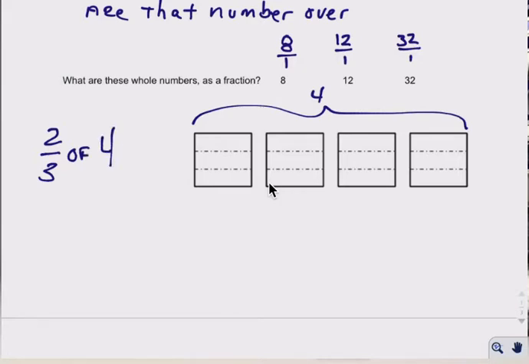Okay, we're going to see keywords in their operations. The word of refers to multiplication. So if you ever see a fraction of a number, we're talking about that fraction times that number. So of means multiply. So if we're taking 2/3 of 4, well, if you look, each of my 4 wholes are cut into thirds. So if I take 2/3 of each of the 4,